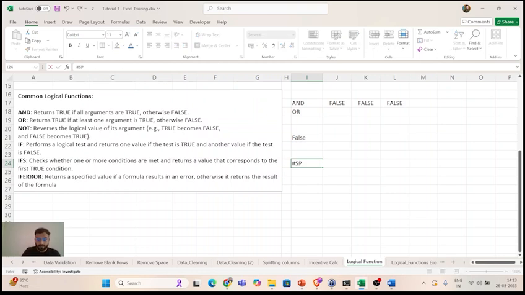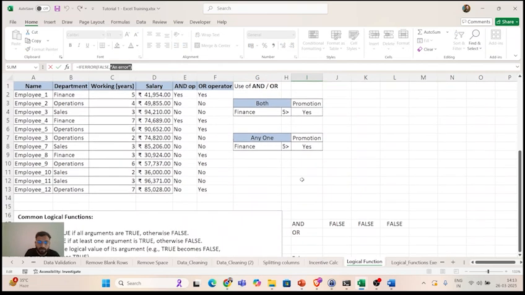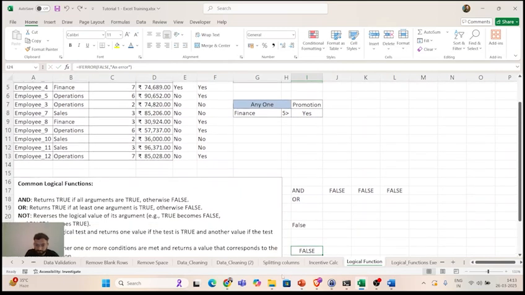But okay, what exactly is an error? I will show you with an example when we use any function, any formula. In that real scenario, if there is any error in the function, then it will return this argument, whatever you have written for when the error occurs. Okay, let us see practical examples, guys, quickly.